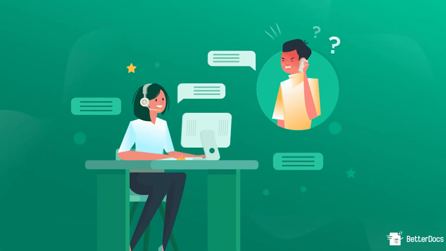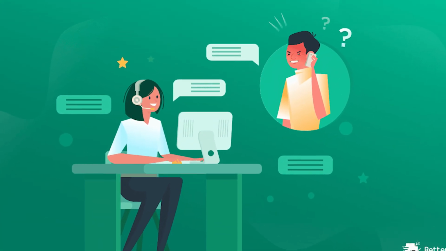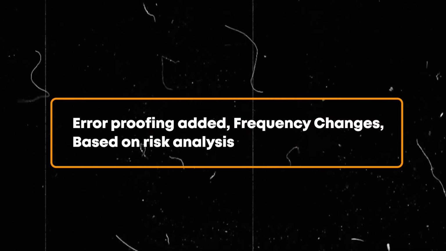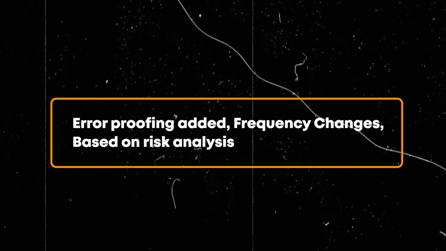Maybe there's a customer complaint, maybe there's a rejection which has come, some improvement in the manufacturing process, some error proofing has been added, maybe some change in the frequency, and if nothing is there, based on the risk analysis. When we say risk analysis, it is based on the FMEA and some other past experience. So we need to see how often we should review the control plan, and based on that, we should